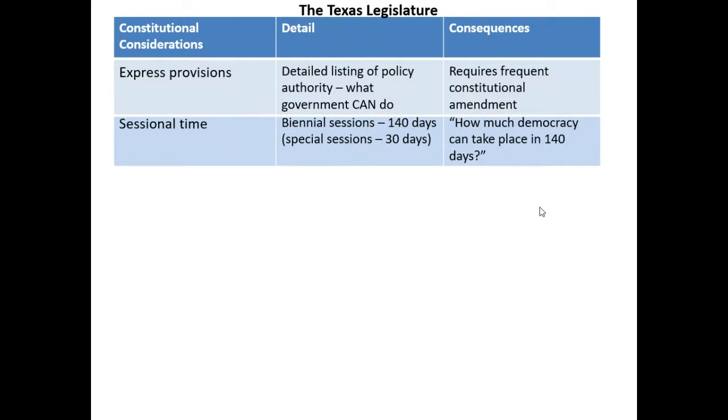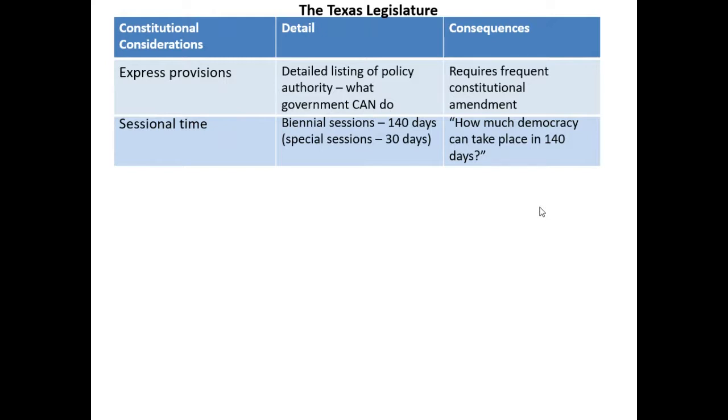Notice the question out to the side. How much are the critics arguing, or at least asking us to consider, as my old professor Bill Pettis did, how much democracy can actually take place in 140 days? The skeptics, the cynics, say it is really just not feasible to think about everything that democracy implies: full consideration of a wide range of alternatives, full debate, full representation of a broad range of interests in the political process. How much of that